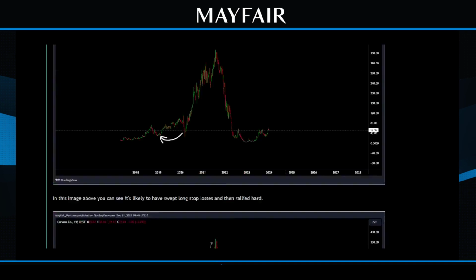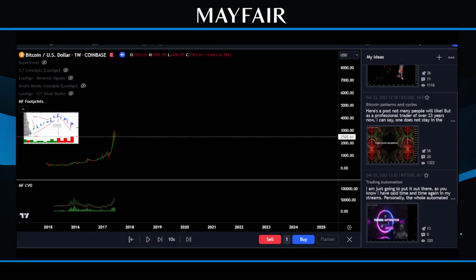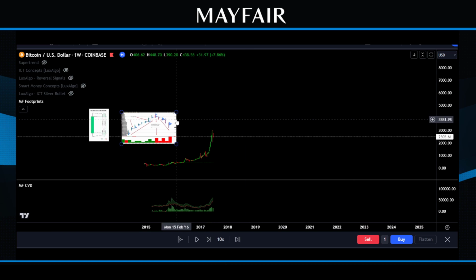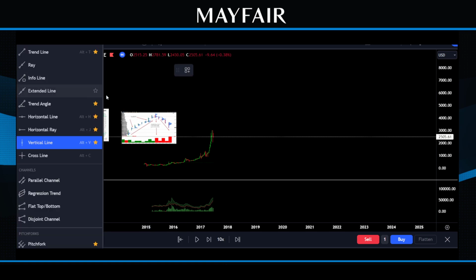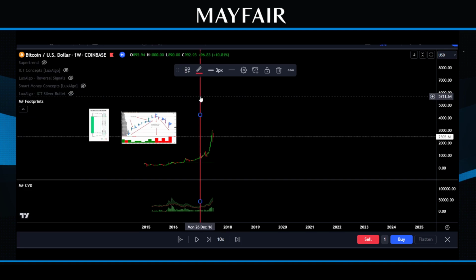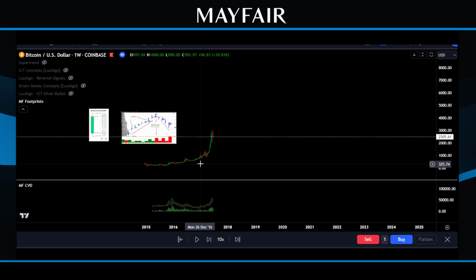When you talk CVD on footprint charts, what it actually does is take the buys minus the sells, or the sells minus the buys, depending. So it's basically a sum of that particular candle. Per vertical line, the CVD is either positive or negative for that one candle you look at. That's all a CVD does. So in essence, what we were seeing back then, and I've taken this back to bar replay mode,